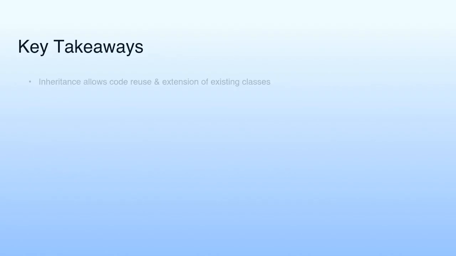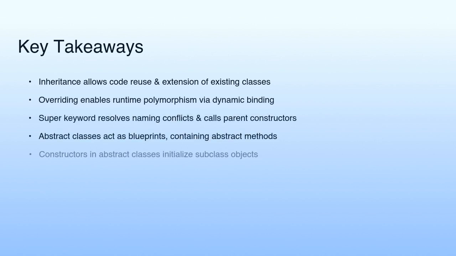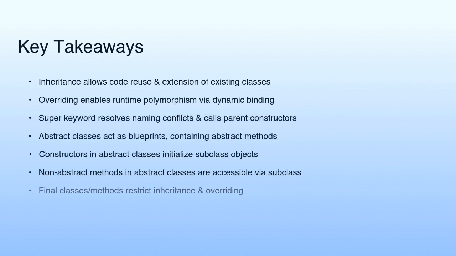In summary, inheritance allows code reuse and the extension of existing classes, while overriding enables runtime polymorphism via dynamic binding. The super keyword resolves naming conflicts and calls parent constructors. Abstract classes act as blueprints containing abstract methods. Constructors in abstract classes initialize subclass objects, and non-abstract methods in abstract classes are accessible via the subclass. Final classes and methods restrict inheritance and